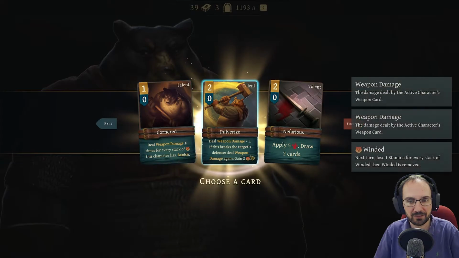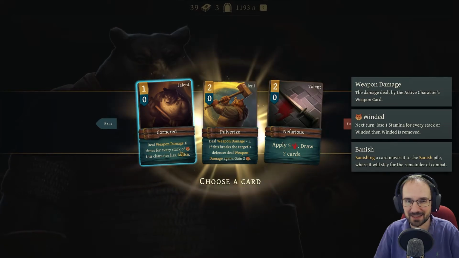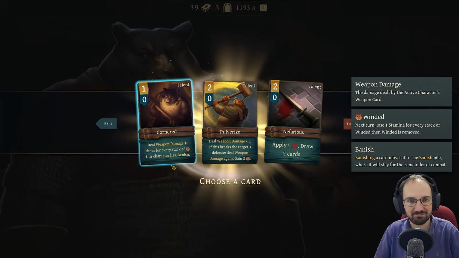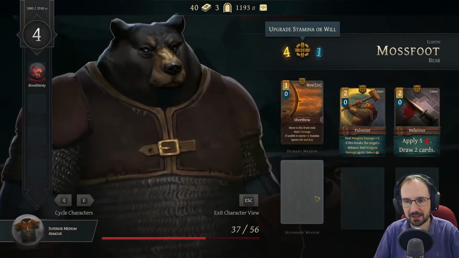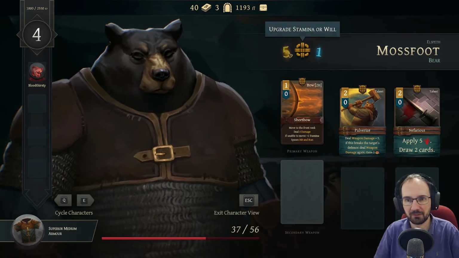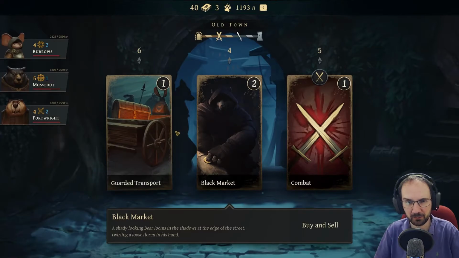That's pretty good. If this gives him 2 stacks of winded. He happens to have this at the same time. If he doesn't have winded, then I'm guessing this does nothing. We'll go for nefarious. And I think we will upgrade stamina. Generally seems better than will. Now there are some cards that use will, but